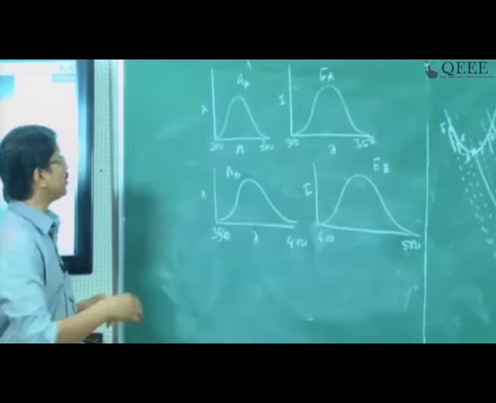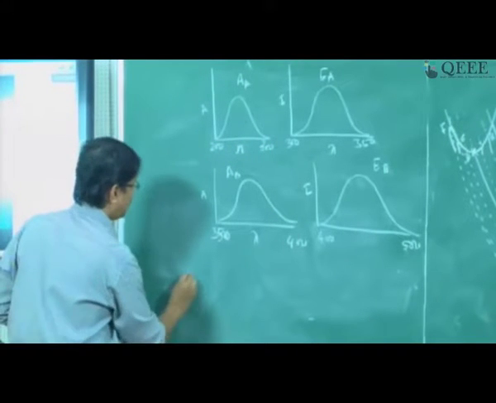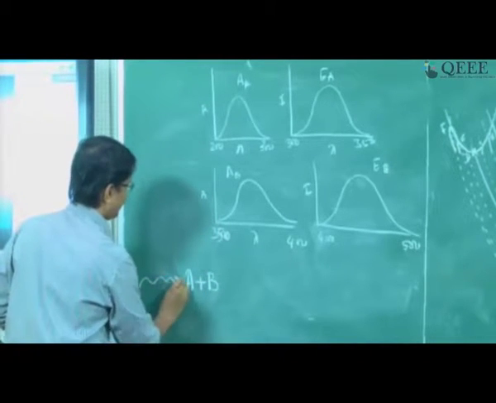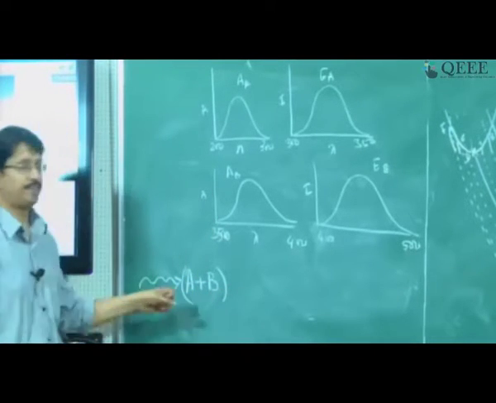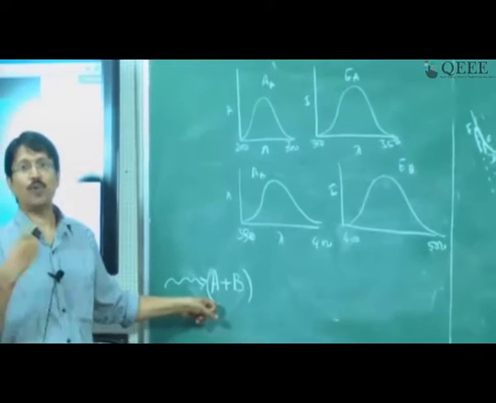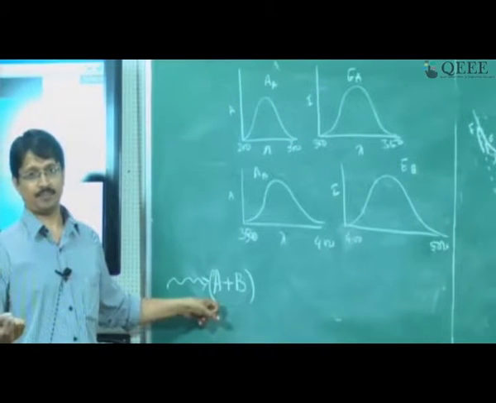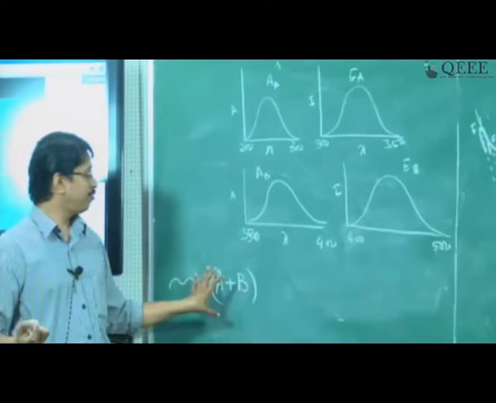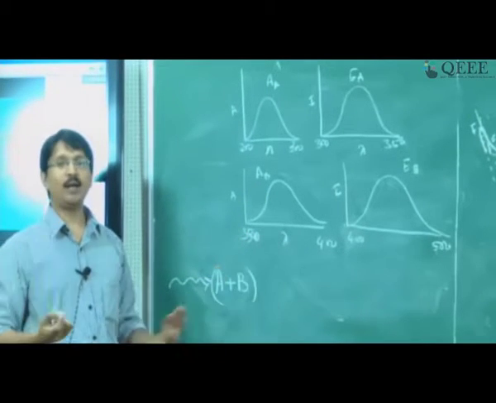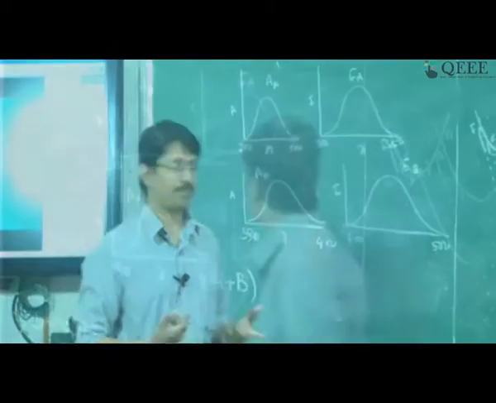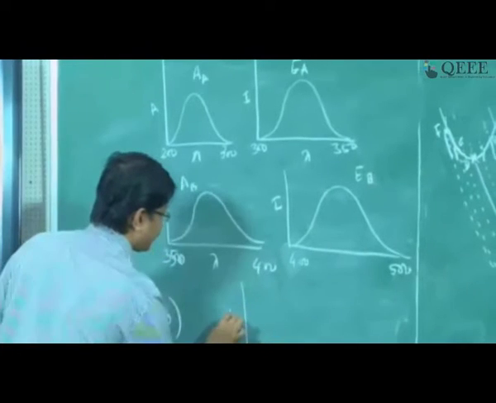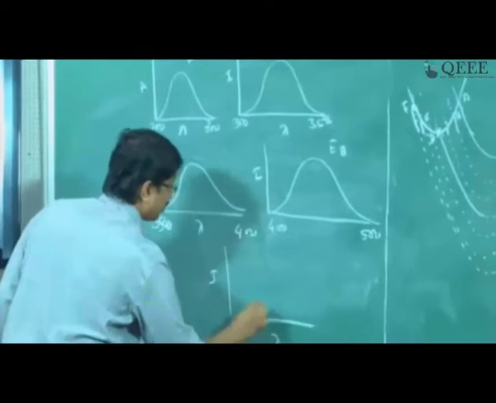My question is, suppose you excite a mixture of A and B, where A absorbs the light and transfers the energy to B. I want you to draw the emission spectrum of this mixture and tell me where the lambda maximum is. So what I want you to draw is the emission spectrum of A plus B.